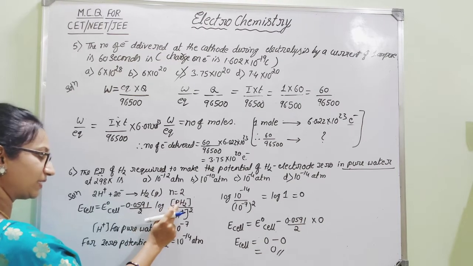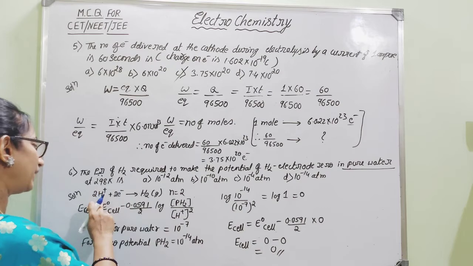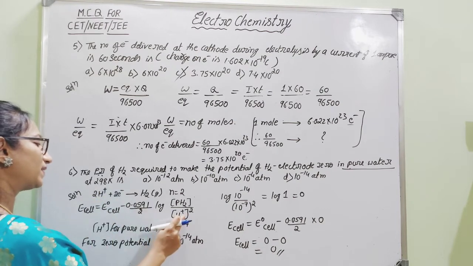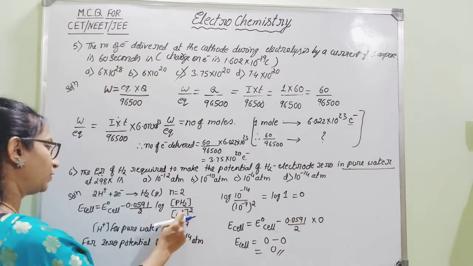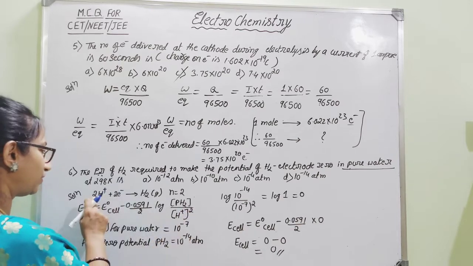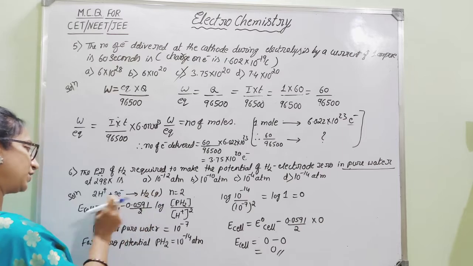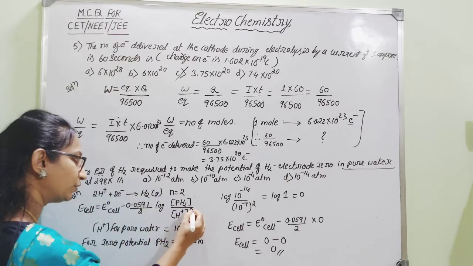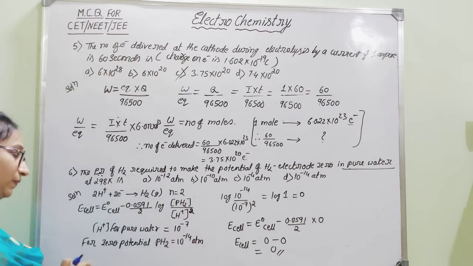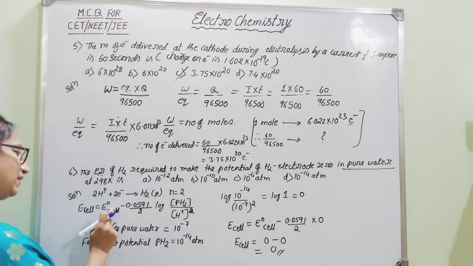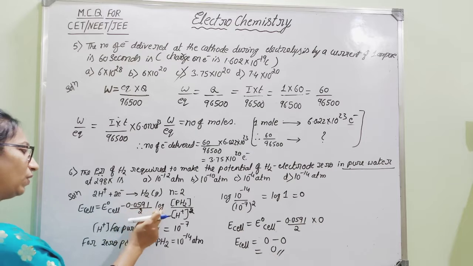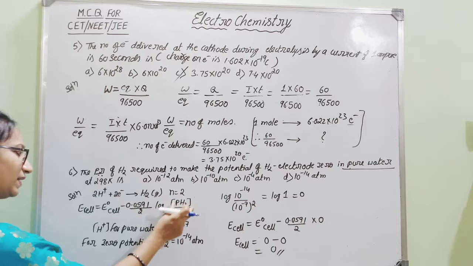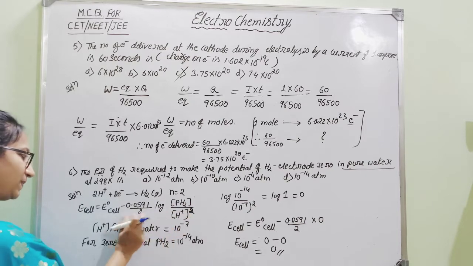So we are considering pressure. And divided by the left hand side, that is the H plus ion. It is in aqueous medium. Hence we are considering the H plus ion concentration, to the power 2, because according to this equation exactly there are 2 H plus ions. Hence you have to raise the power. Without fail you should raise the power as 2. So according to this expression, E naught cell minus this value log of P of H2 by H plus to the power 2. This is the very important part of this expression.